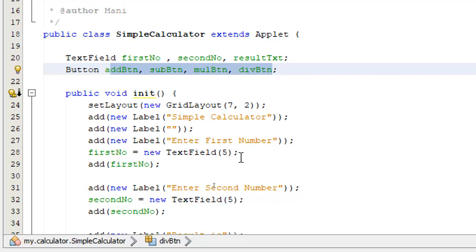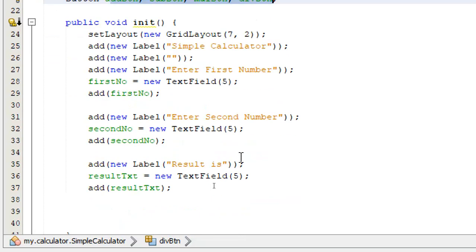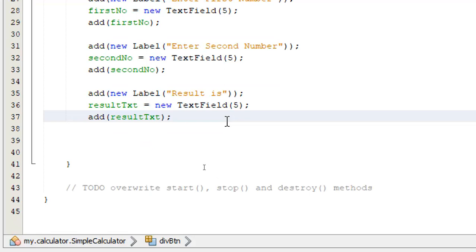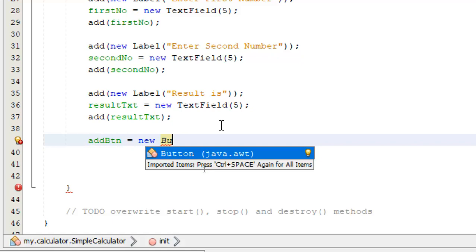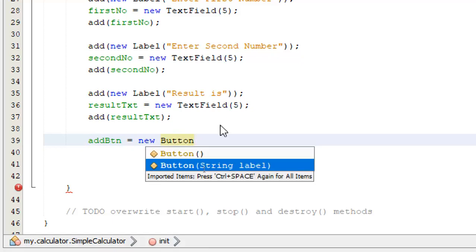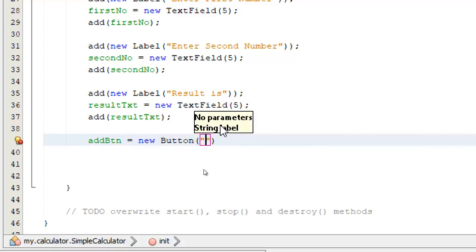Let me initialize them and then add them to my applet. So I'm going to go here and say add button is equal to a new instance of my button. I'm going to show the string as plus here because it's addition.